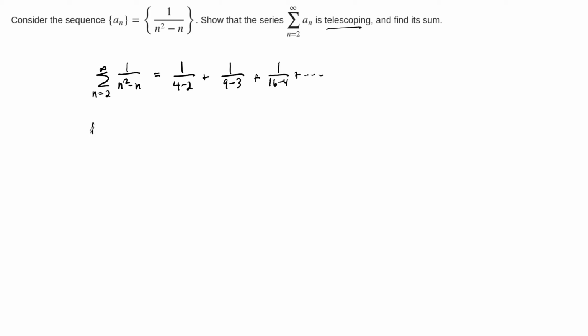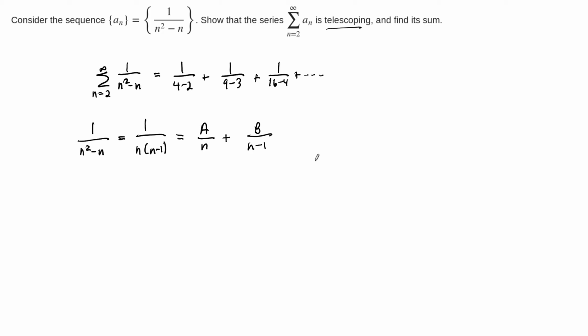But this term, 1 over n squared minus n, can actually be broken down by partial fraction decomposition. So this can be written as, let me do this in 2 steps, 1 over n times n minus 1. And then we can try to break this up into a sum of something over n plus some other constant over n minus 1. You could do this by guess and by golly, honestly, if you wanted to,